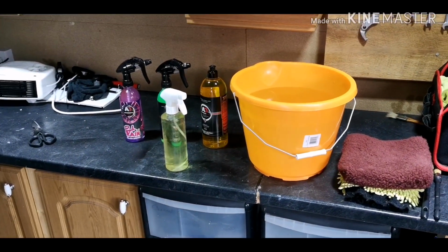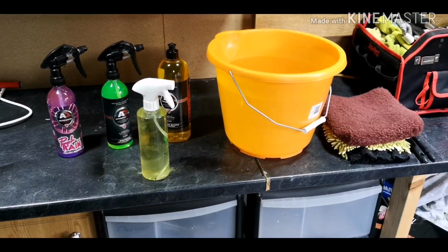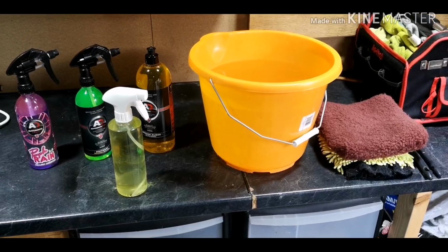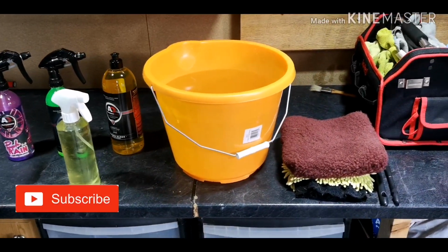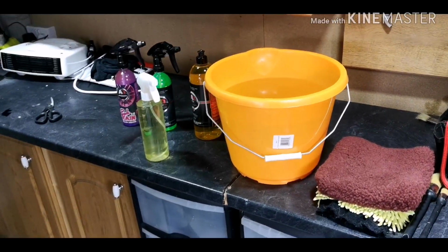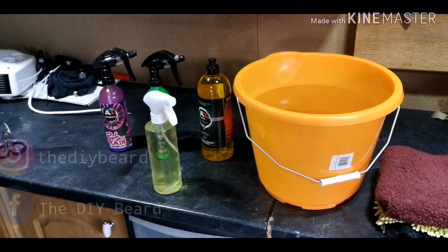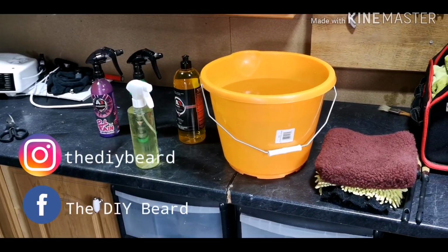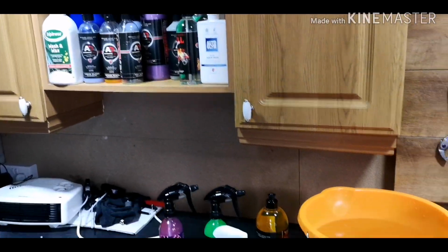So, what I'm going to do today is what I like to call a decontamination wash. I'm going to make sure that I get all the crud and crap off the bike. As you can see, it's extremely dirty. I've been riding it around for a couple of weeks and I haven't washed it for a while. So I'm going to strip all the crap off it, and then in a later episode we'll start applying some of the polishes and waxes that I've got to get that